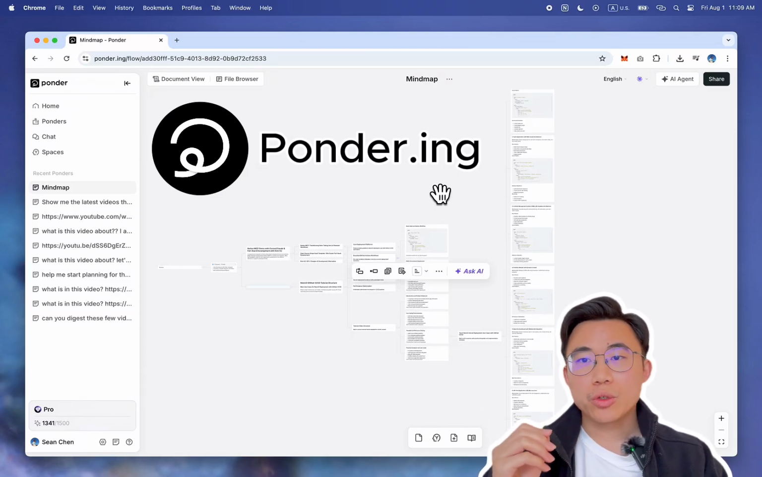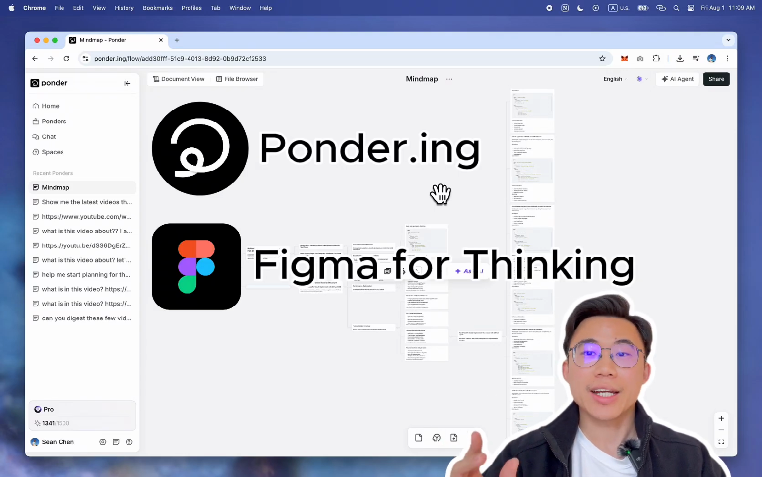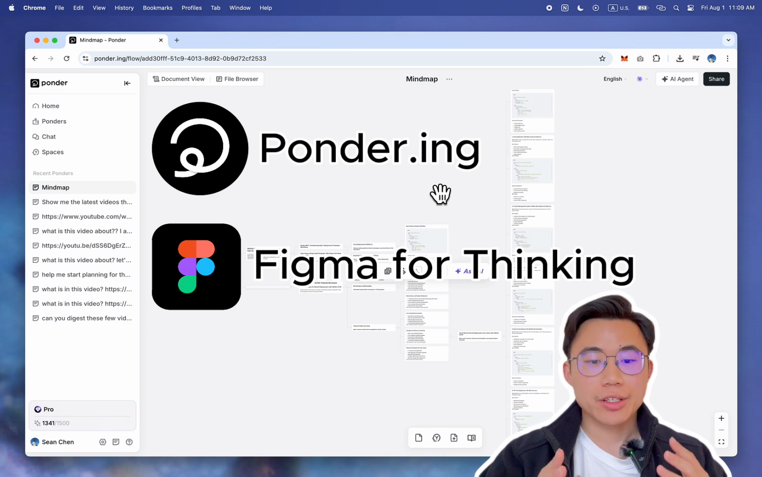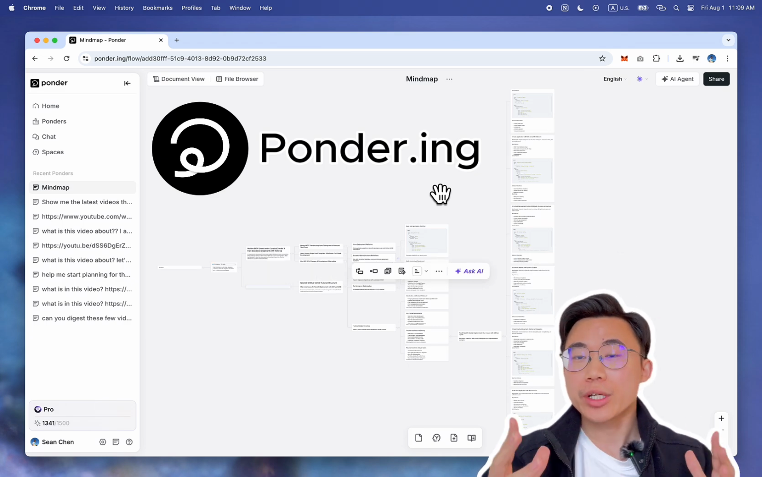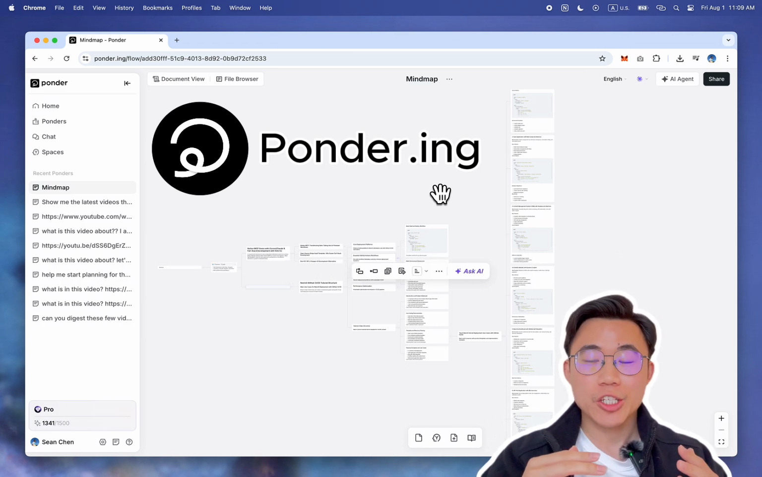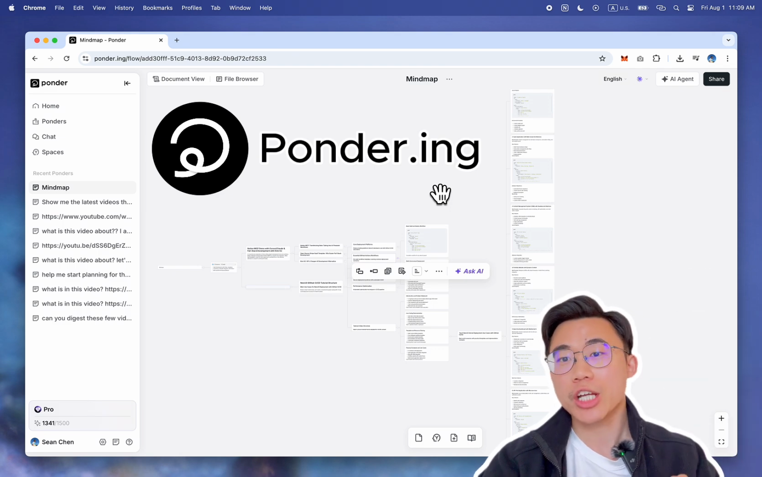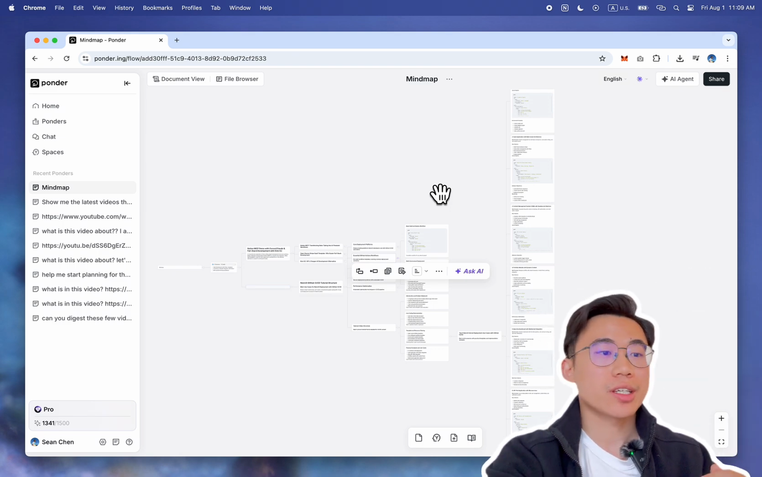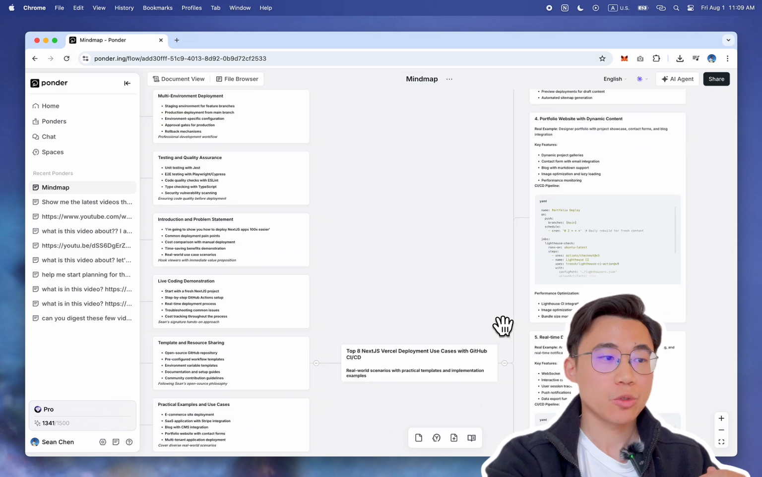Today I want to show you a tool that's like Figma for thinking in the AI space. So what I mean by that is that you can essentially think through how to brainstorm some ideas, instead of like in ChatGPT where you're going to see a linear chat interface. Instead, you're going to see a mind map like this where you can zoom in and zoom out